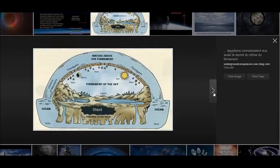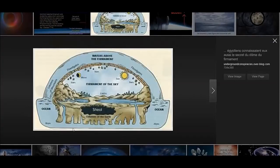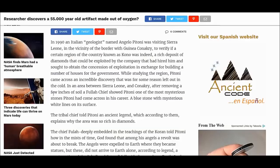And this literally, no pun intended, just fell out of the clear blue sky into my lap today. It's really, really strange, but I think it's a bit of proof that I, for one, have never seen before, not even in the flat earth community. So check this out. It turns out in 1990, an Italian geologist, see, always good guys are Italian like myself,